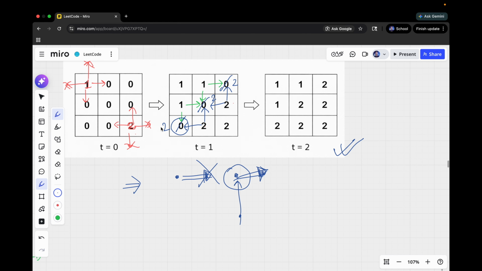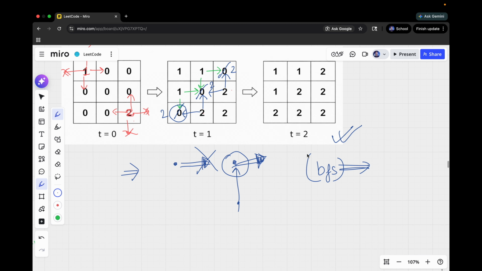Since this is spreading one step at a time, what I can do is try BFS. And how did I know it's BFS? Because whenever we are given a filling problem, we need to move one step at a time, so we go for BFS. So the intuition will be clear why BFS is actually used. Once we know we're going to use BFS because it's a type of flood fill,